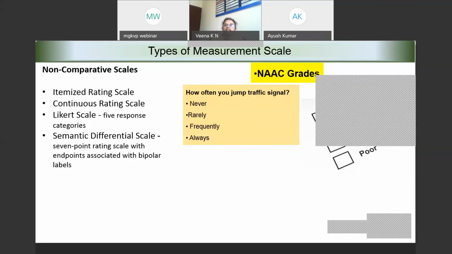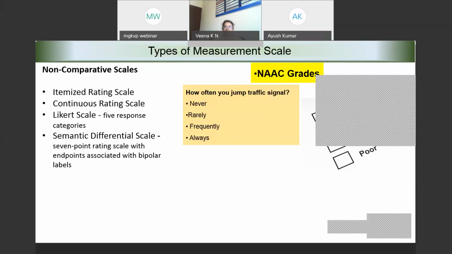If I look at it as always, I rate it as the highest. On the other hand, when I'm looking at poor, average, good, and excellent, if I say up to 25% performance is poor, 25 to 50 is average, 50 to 75 is good, 75 to 100% is excellent. If I have this type of predetermined scaling, then I can call it a Likert scale. And sometimes this is referred to as a 4-point Likert scale.